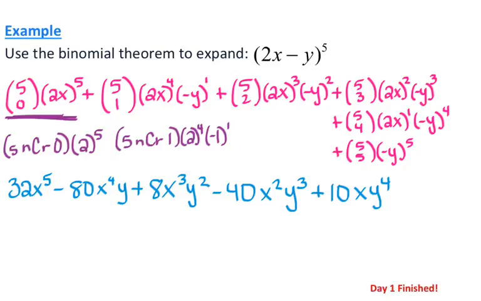I don't have my 2 anymore, so I'm going to get rid of that. And then, oh shoot, calculator trouble's over here. And then I'm taking -1 and raising it to the 5th power, which is just -1. I don't know why I needed a calculator for that. But that's -1 y to the 5th power. And this is your fully expanded